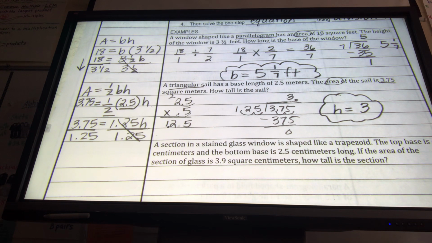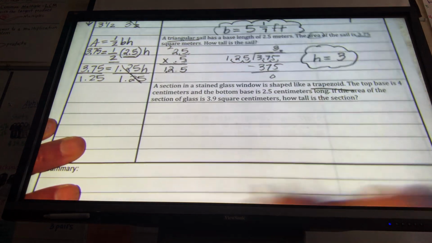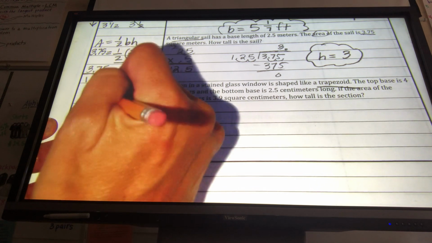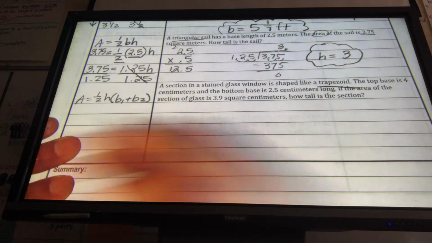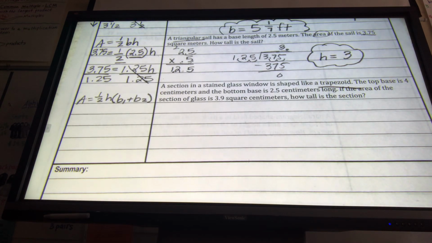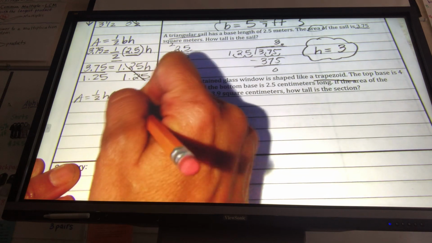Now, this one's going to be a little bit more work. Again, we're just putting in those puzzle pieces. All right. A section in a stained glass window is shaped like a trapezoid. So that gives me A equals half H base 1 plus base 2. The top base is 4 and the bottom base is 2.5 centimeters. Doesn't matter where you put them, stick them in there. So 4 plus 2.5